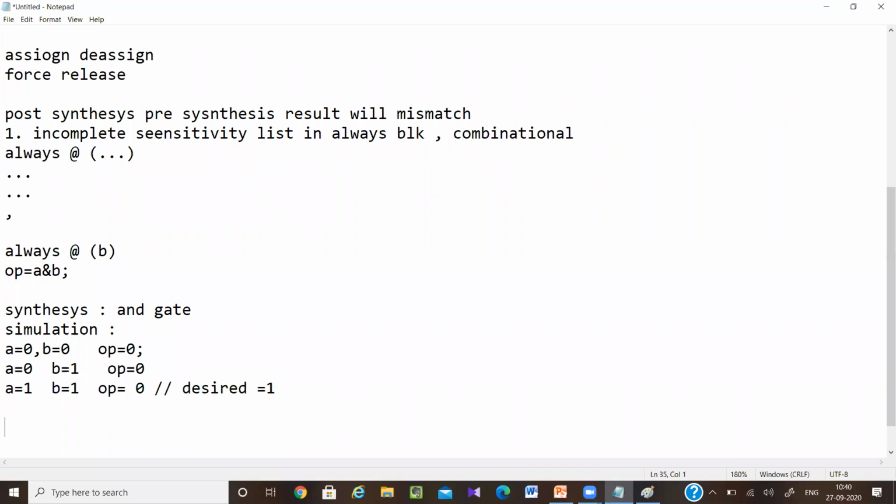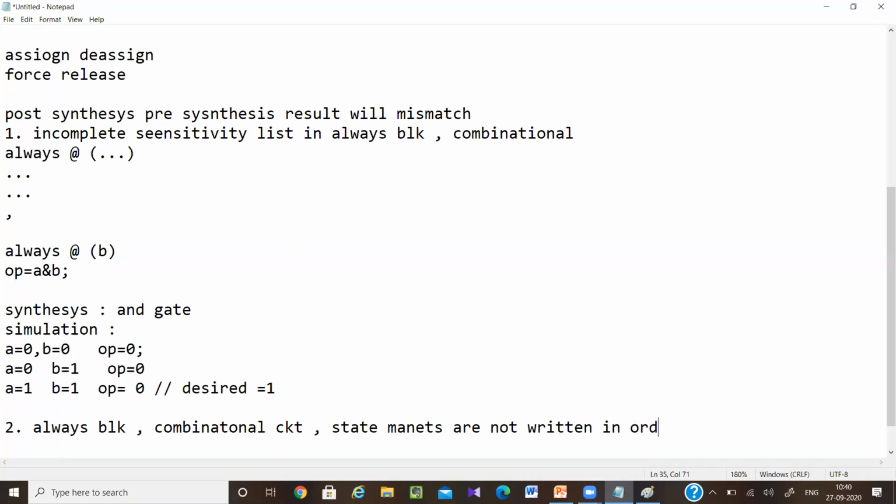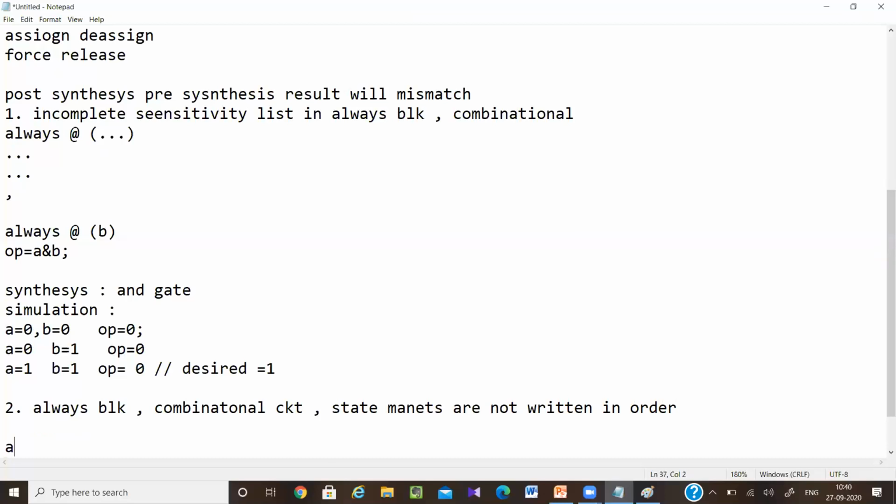Okay, next question. This is also related to the same always block. Always block, combinational circuit, but the equations or the statements are not written properly. Statements are not written in order. So what does this mean? Let's say I am writing always at the rate star.